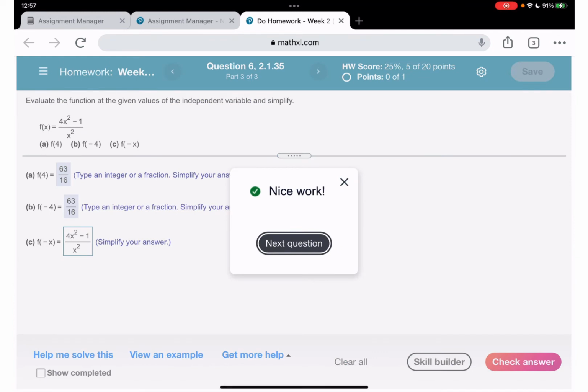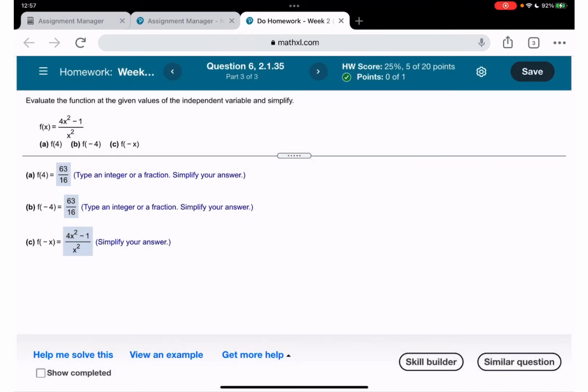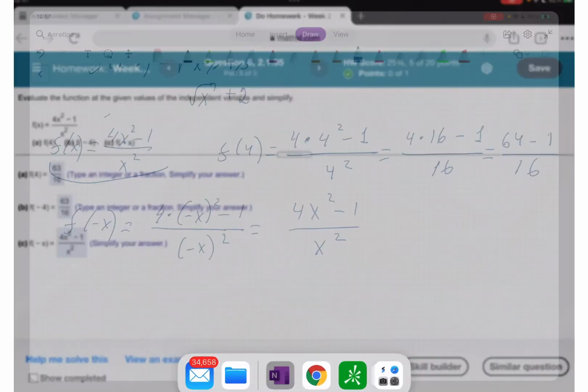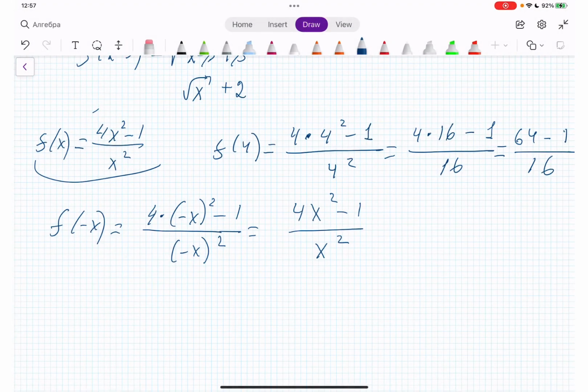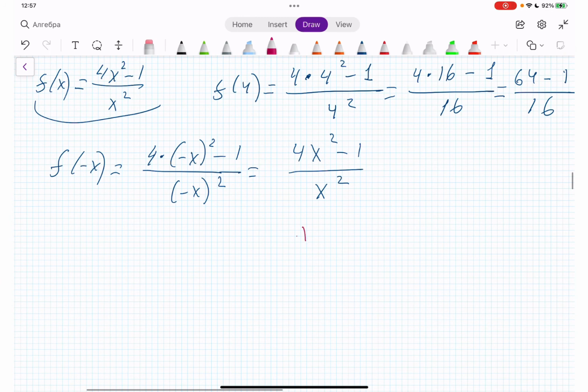Nice work. Now, before I continue, I want to explain something very important, and I put the star. You already know what that star means. You might have a case like, let's say, x cubed plus 2 over x squared plus 2. And let me see. We need to find f of